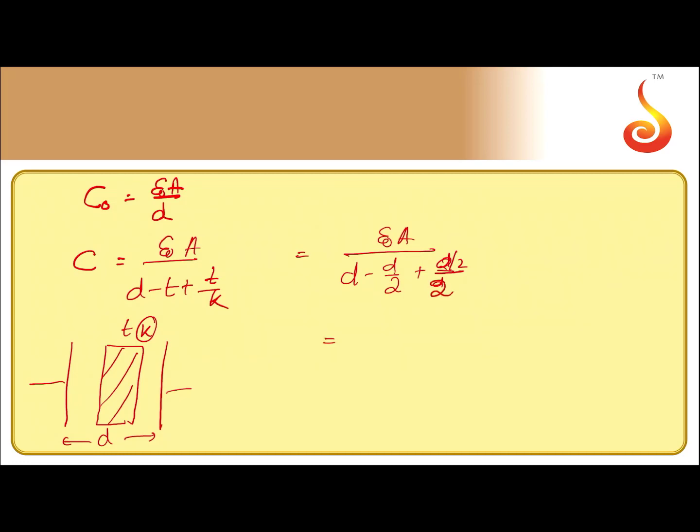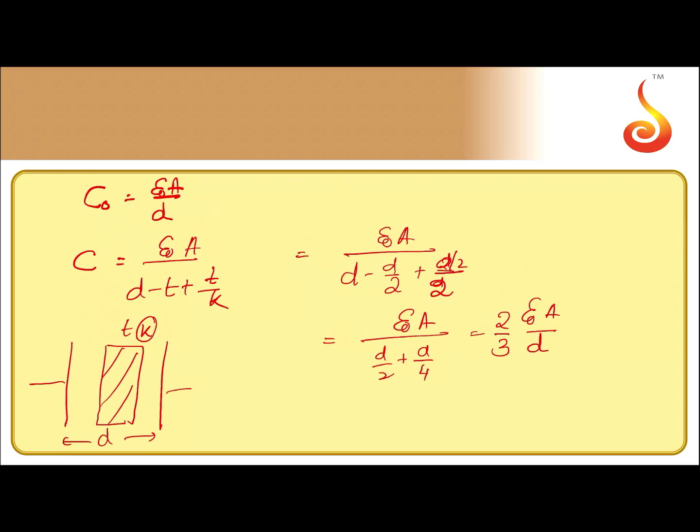So, this is epsilon naught A divided by D by 2 plus D by 4, and it further simplifies to epsilon naught A divided by 3D by 4. That's right. So finally 2 by 3 times,